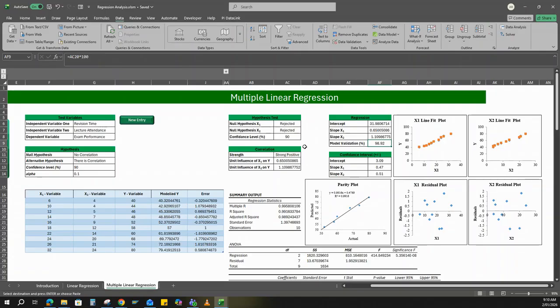the exam performance of a student, 98% of this performance is influenced by these two independent variables, meaning almost all of the result from the exam performance is dependent on revision time and lecture attendance. So around 98% is influenced by these two independent variables. So that's what this model validation